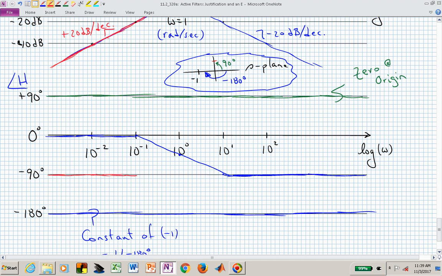Now we're going down until we reach a decade beyond that pole's break frequency, which in this case a decade beyond 1 is 10, and now at the high frequencies we should have plus 90 and minus 90. Those cancel and we have minus 180. So this is now our phase plot